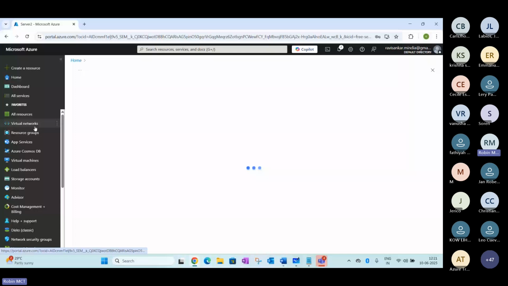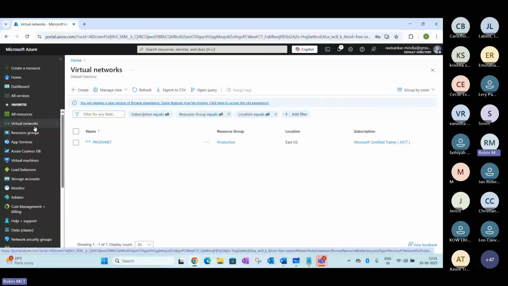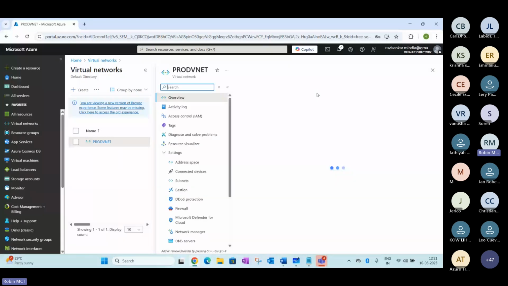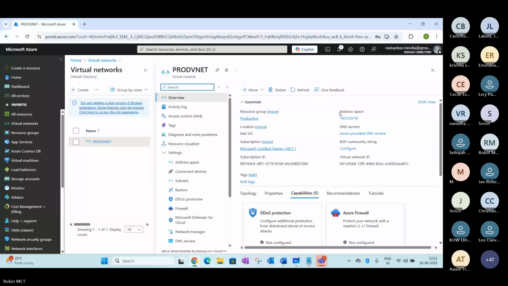So that means this network is already created. It has a capacity of up to 65,000 here, and whatever VMs you attach, it assigns from the address range here.